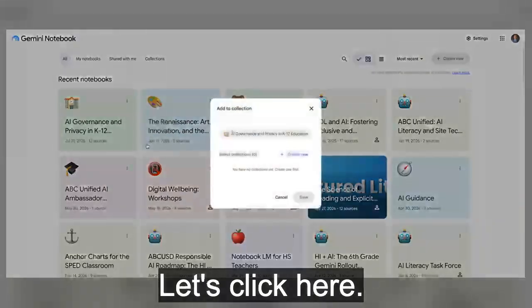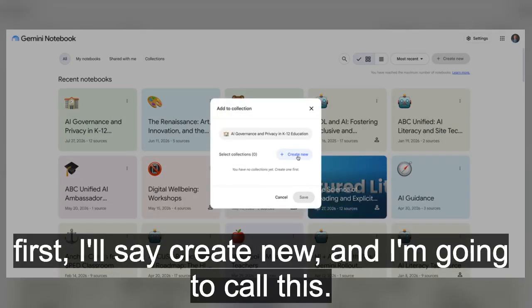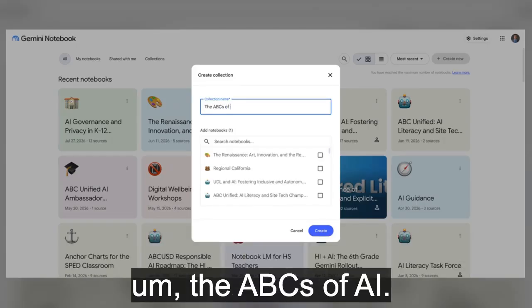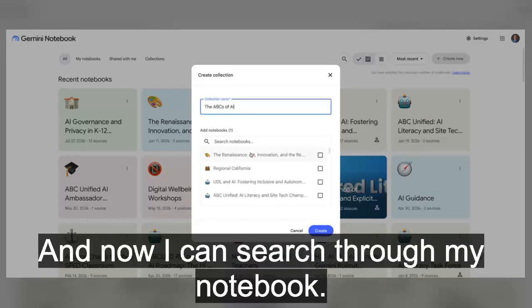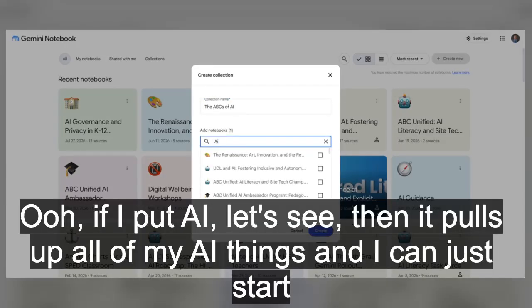Let's click here. And what we can do, since I have not created a collection yet, I'm excited to create my first. I'll say create new, and I'm going to call this the ABCs of AI. And now I can search through my notebook. I can actually search it. Ooh, if I put AI, let's see, then it pulls up all of my AI things, and I can just start